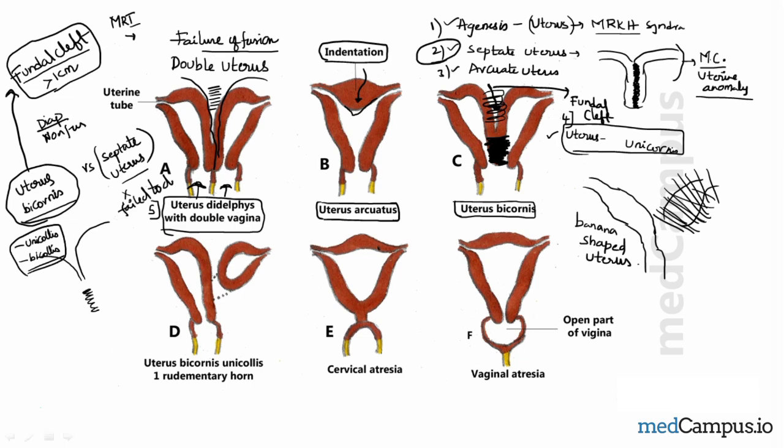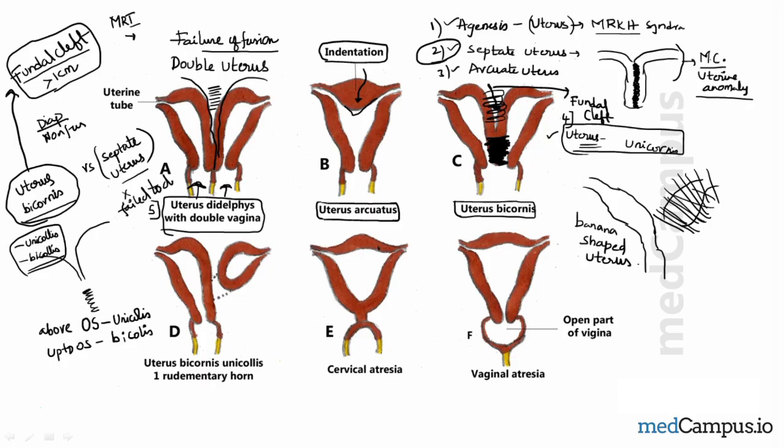Bicornuate uterus with a division above the os, that is the external os, is known as the unicollis variety, and the bicornuate uterus with division up to the os or below the os is known as the bicollis variety. Okay, so we covered agenesis, septate uterus, arcuate uterus,